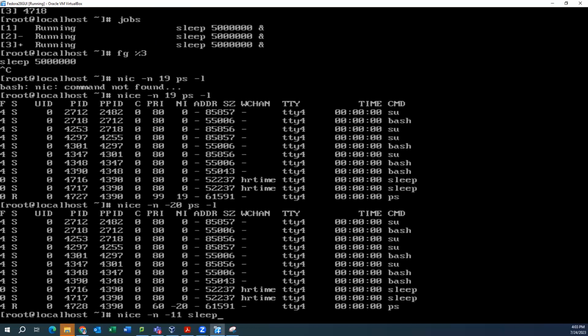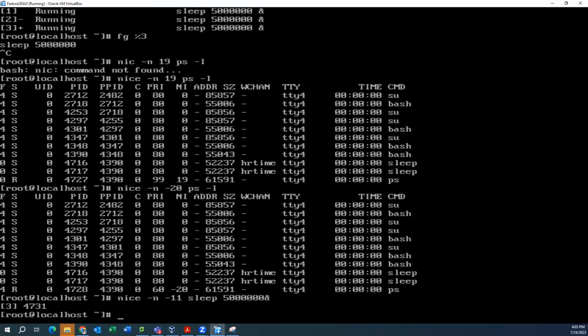So for sleep 5, please provide this nice value. All right, so I can make sure that I can set the nice value at the time that I'm creating the requirement. I can further renice if I want to, which means reset the value for, say, for example, the 4731